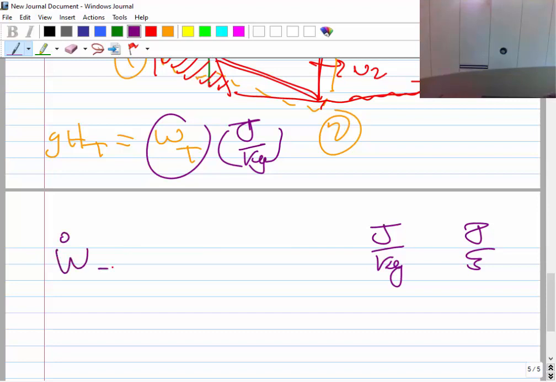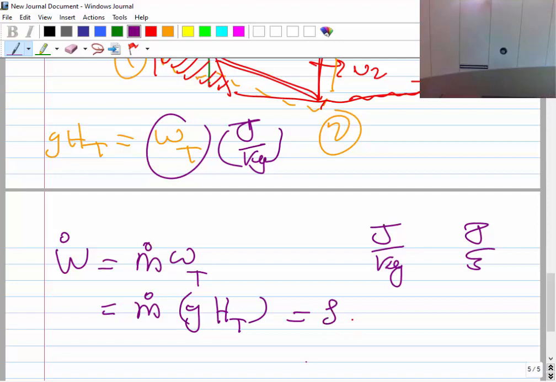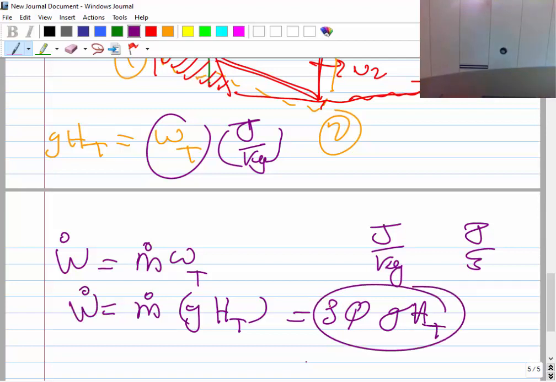So the power, W dot, is going to be M dot multiplied by that specific work, or M dot multiplied by that G H turbine. And M dot of course is rho multiplied by Q, the flow rate, times G H turbine. So that is the power of the turbine, and the unit here will be joule per second, right? So rho Q,